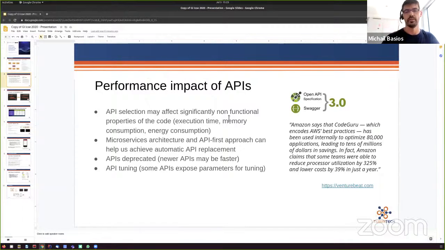For example, one of the latest big announcements was from Amazon, on Amazon CodeGuru, where they are using mostly machine learning techniques to give code recommendations for performance. A lot of those performance recommendations are about changing the API calls that you are making in Amazon AWS: use this version of the API, use this version of this hash function because it may be more secure, it consumes less energy. Now, taking this,